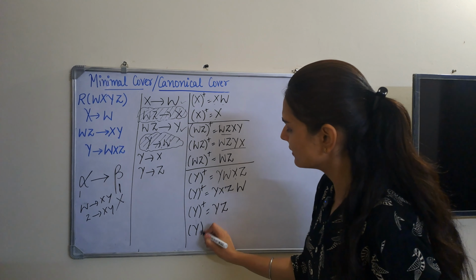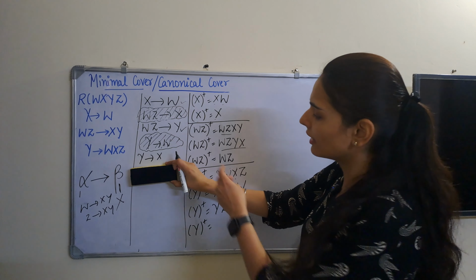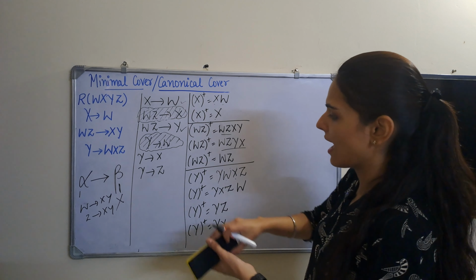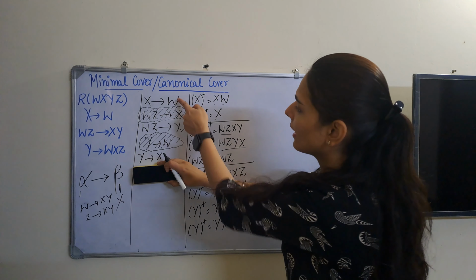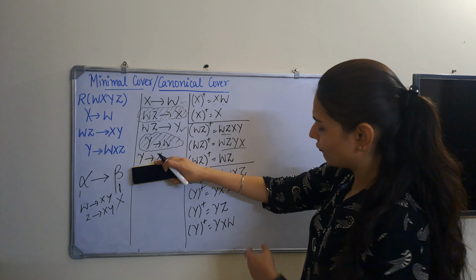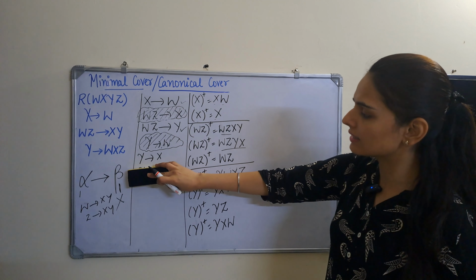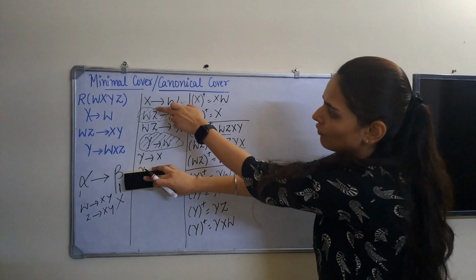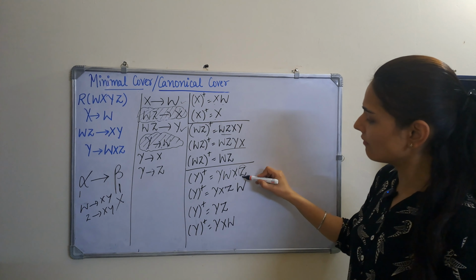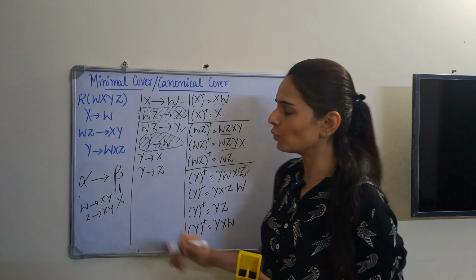So now again, let's try it for this functional dependency. If we do not consider it, what do we get? From y we get x, and from x we get w. And now for z, one thing is left. If we are not considering it, from y we get x, from x we get w, but we did not get z, right? So over here we did not get z. That means this functional dependency as well we will have to keep.